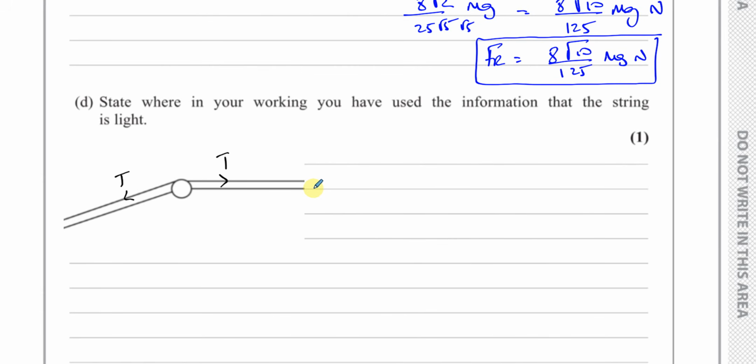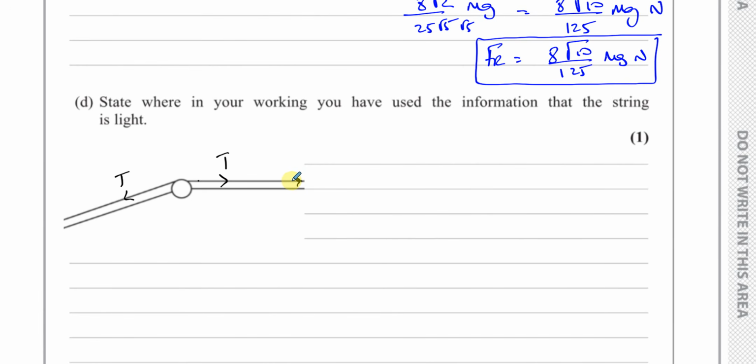The reason is that if the string had mass, then the tension would be different in different parts of the string. So the tension in this part of the string and the tension at this end of the string would be different. Because if it had mass, then for this string to be taut, on this part of the string,